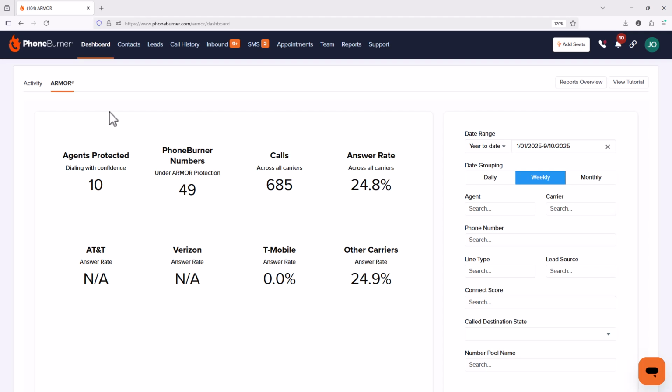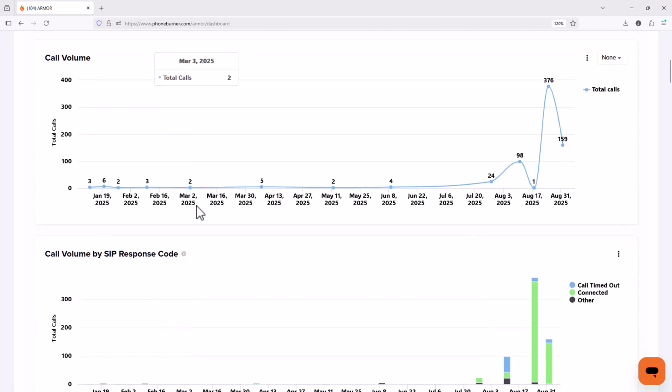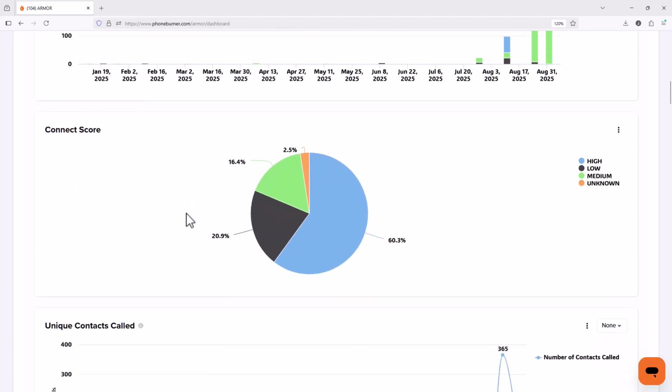But there's enough information in here to help me talk to you a little bit about some of the options that are here. And on this specific training, I want to talk to you about one of the Connect Score graphs that's available here. So we're going to scroll down and you're going to find this Connect Score option. It's a pie chart. And what this pie chart is going to show you is a breakdown of the percentage of calls made to phone numbers that fall in each of these buckets. So for example, you can see on the screen during the time frame that I have, which is year to date,